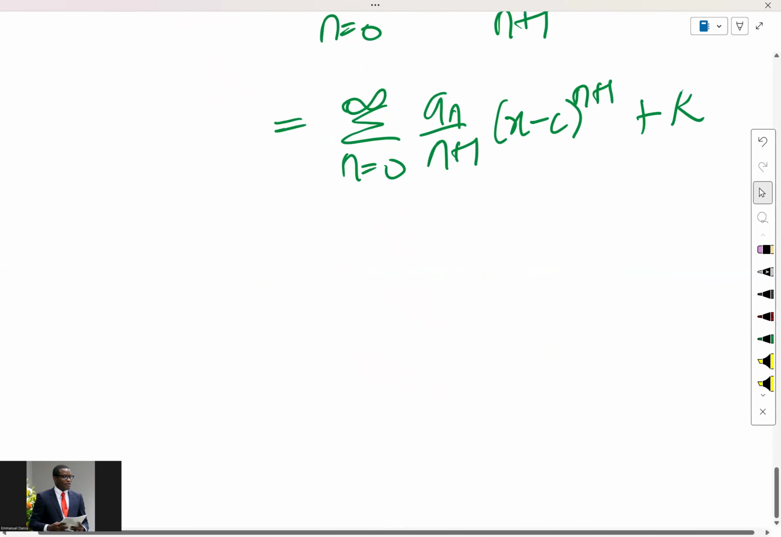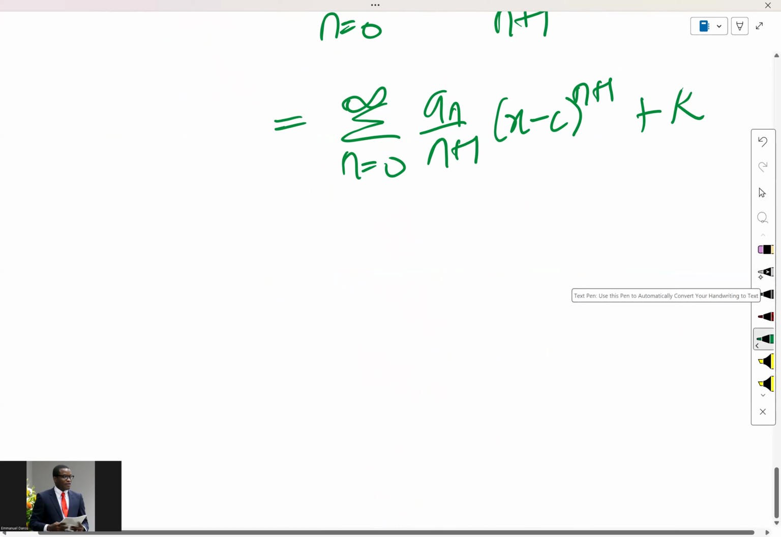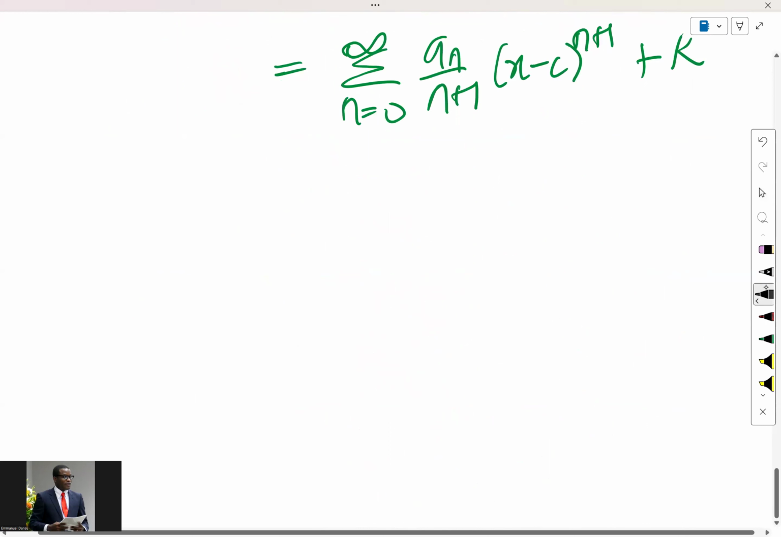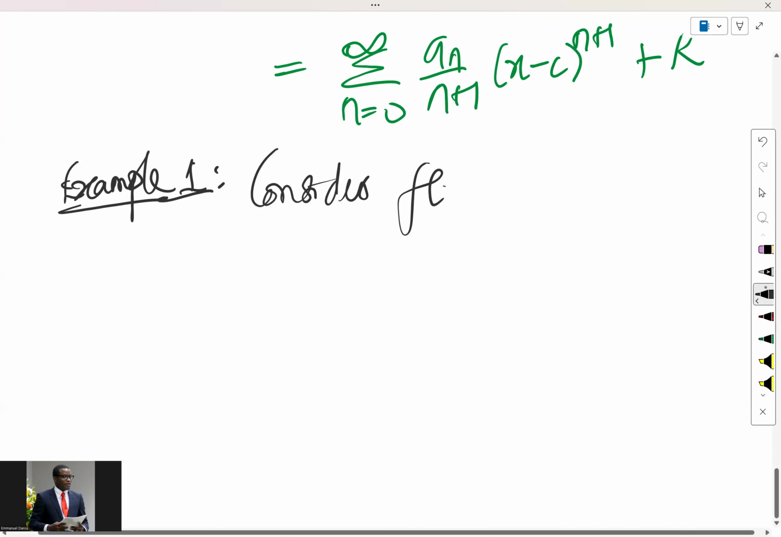Okay, let's look at some examples. Example 1 for integration. Consider f of x equals the summation from n equals 0 to infinity of x raised to the power n. So if you have this,